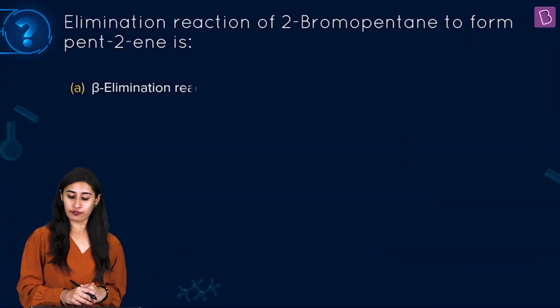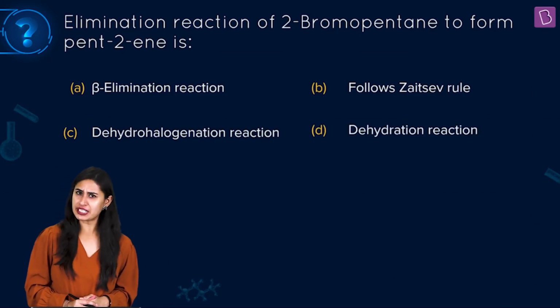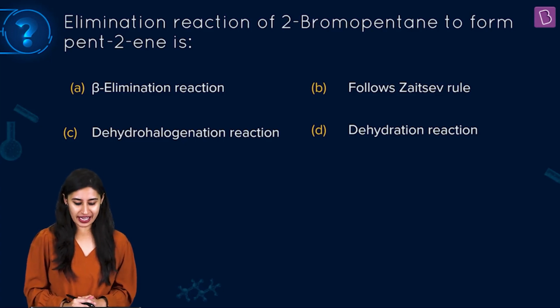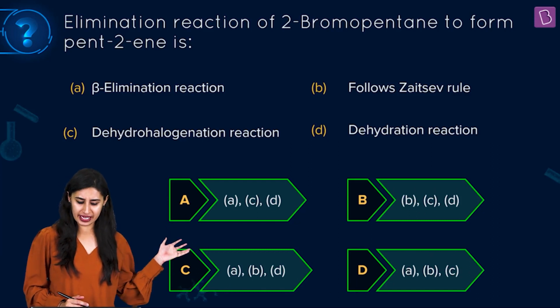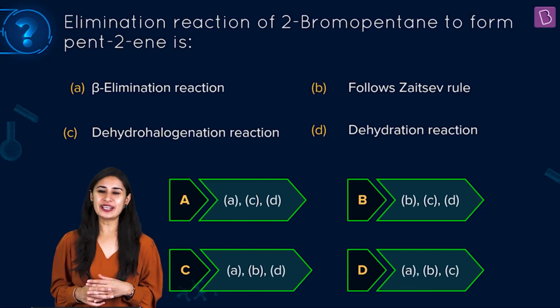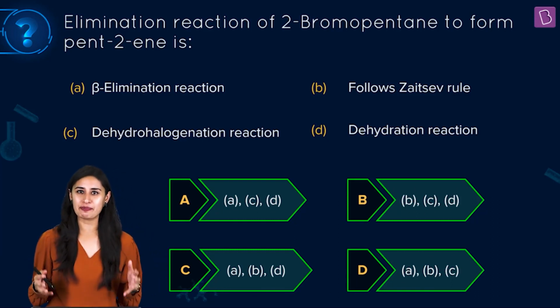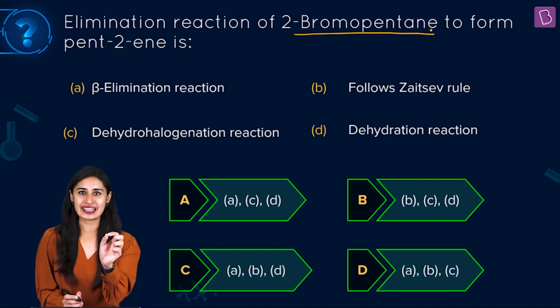Okay, now this question says: elimination reaction of 2-bromopentane to form pent-2-ene is a beta elimination reaction, follows Saytzeff rule, is it a dehydrohalogenation reaction, or is it a dehydration reaction? And the options given are ACD, BCD, ABD and ABC. So basically we need to find out everything that's happening when we are talking about this 2-bromopentane, a haloalkane,